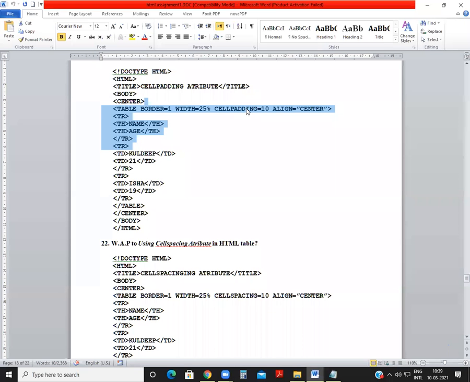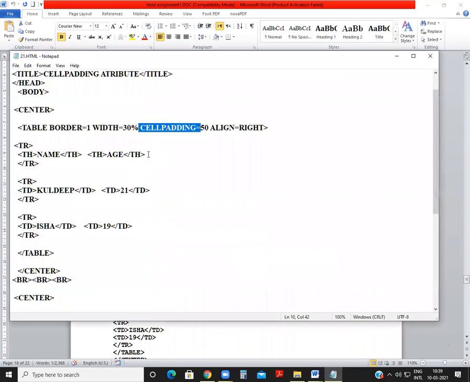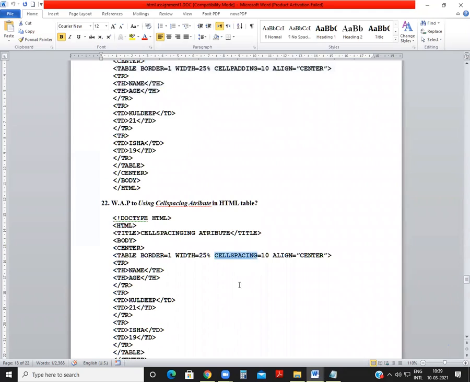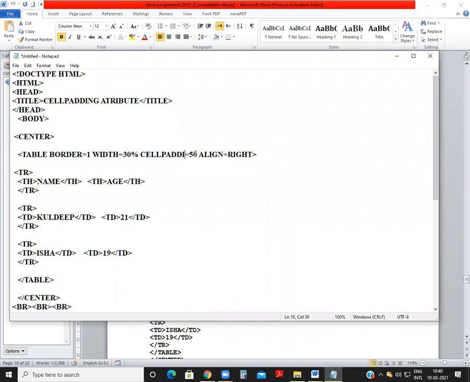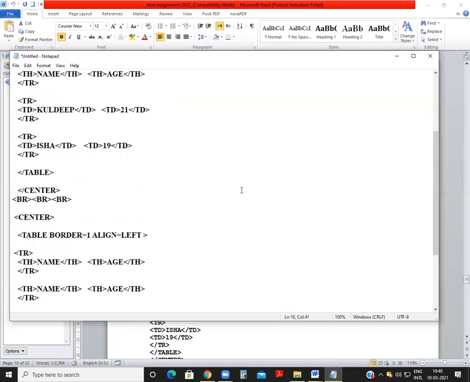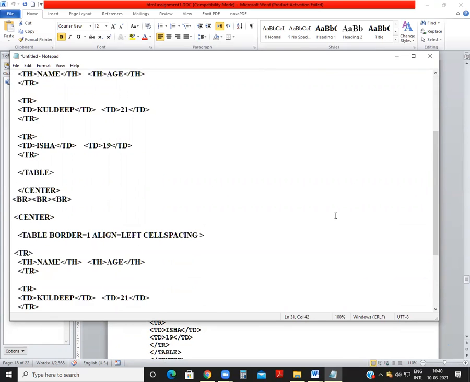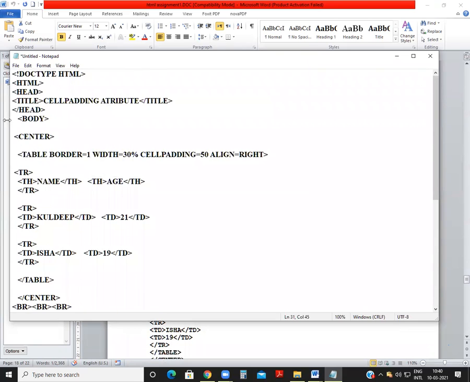The next topic is, at the place of cell padding, you can write cell spacing. Let's do one thing: Control A, Control C, take a new page, paste, and at the place of cell padding we will write here cell spacing. Okay, what did I write? Cell padding, right? Let's keep the same, just change that in it.